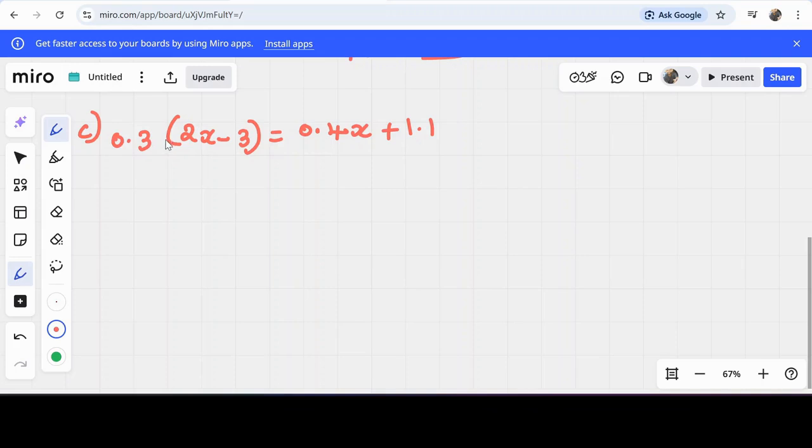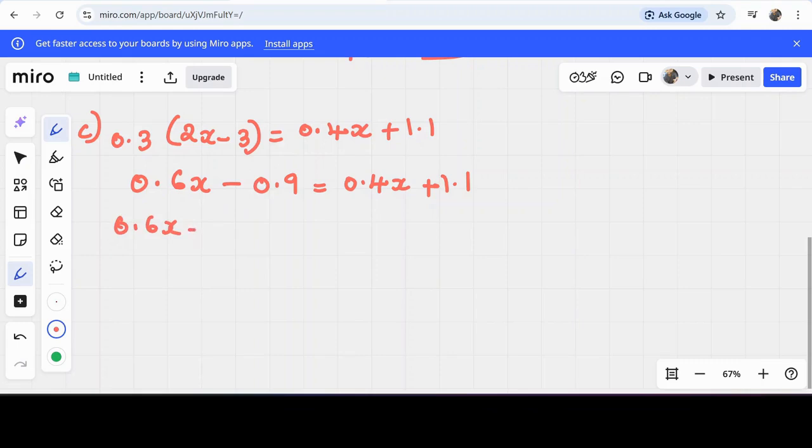So first do like we did before: 0.3 into 2x, which is 0.6x, minus 0.3 into 3, which is minus 0.9, which is equal to the right hand side. We don't need to multiply with any other term. So 0.4x plus 1.1. Then this minus 0.9 I will change to the right hand side, then this 0.4x I will take to the left hand side. So it will become